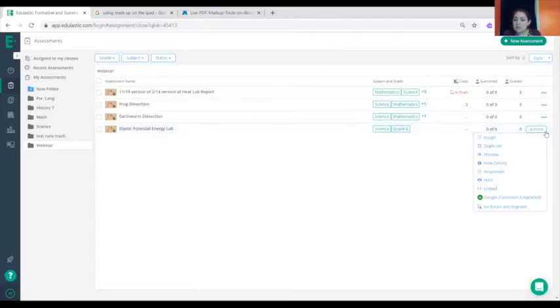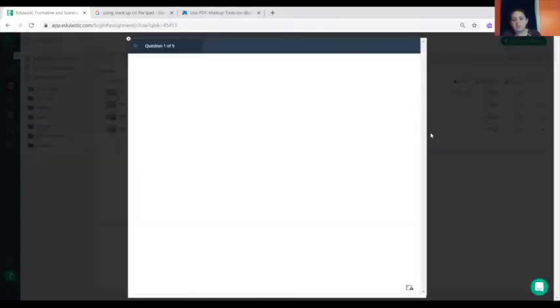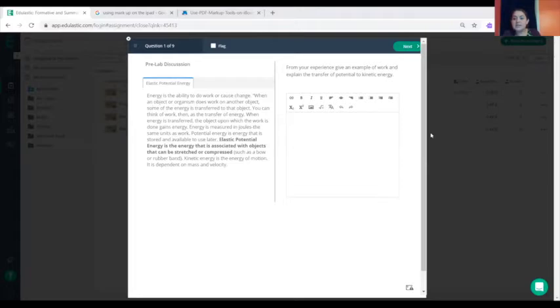And so one other piece that we use when we are doing science labs, this is going to be things like the PreLab Discussion, which was mentioned before. This one has the PreLab Discussion, and it also has a really neat data table piece that I want to show you as well. So it was mentioned earlier,